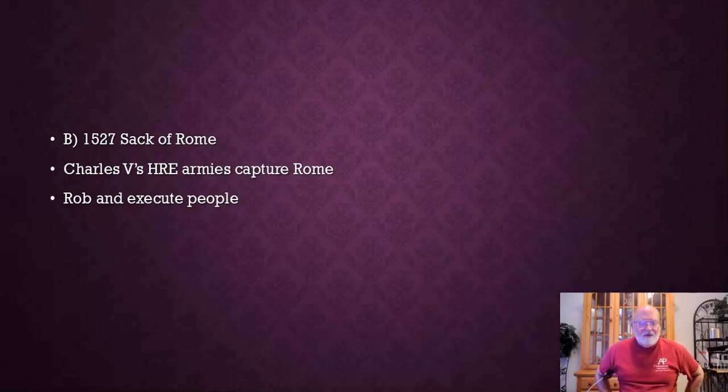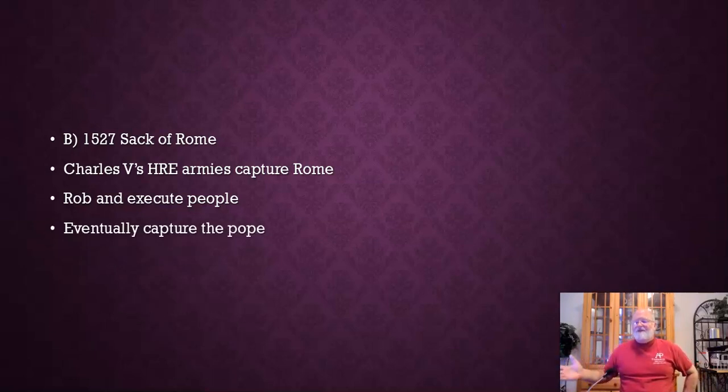And I don't even remember so much what he was upset about, but he was mad at the Pope about something. And he went in and put the Pope under house arrest. Now, I'm sure all that probably means is he made the Pope stay in the Vatican in a very nice place. But that's not even the important part of the story. But the thing is, he goes and he captures the Pope. Now, I'm jumping ahead here a little bit. This is important. Over in England,